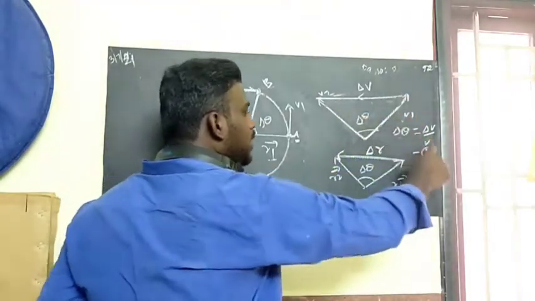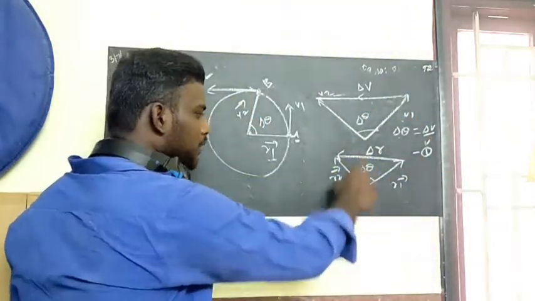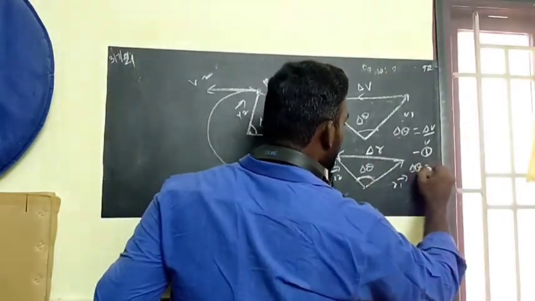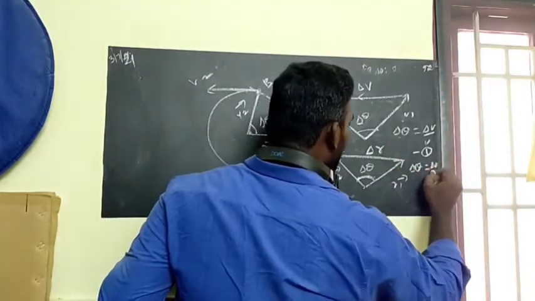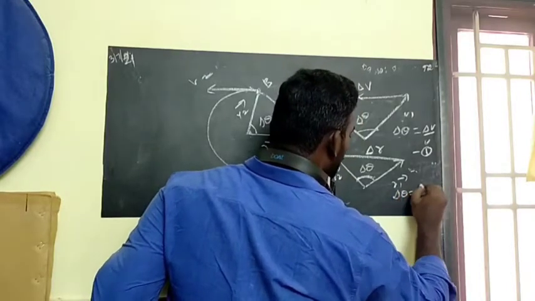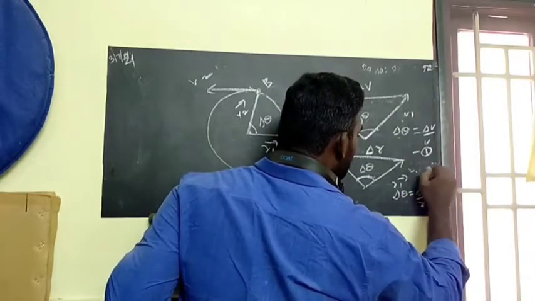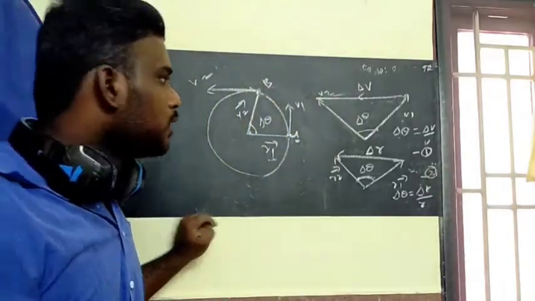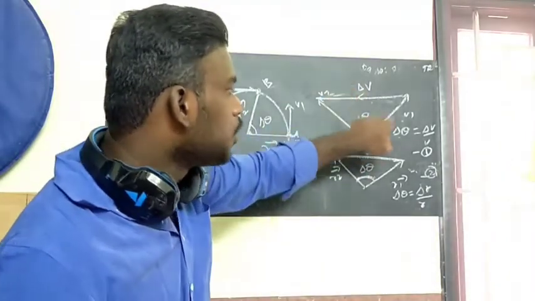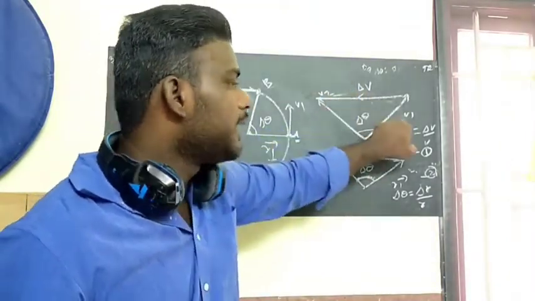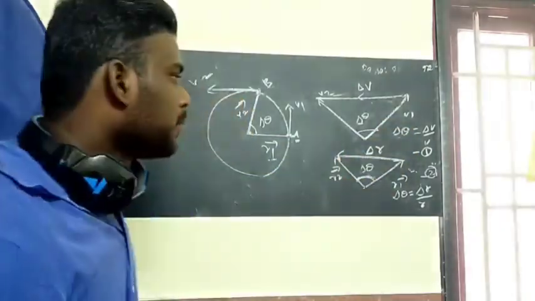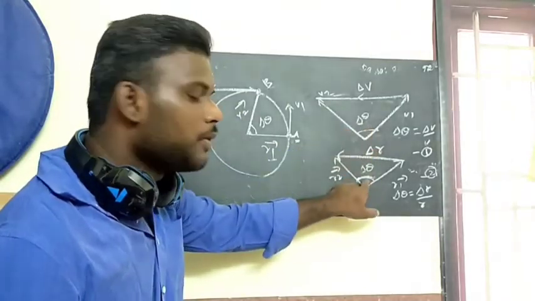Is that clear? So here the radius I can choose as the velocity. Likewise, for this figure, the plane angle is given by arc length to the radius. The arc length is del R and I can put the radius as R. Here I can write del theta equals del R by R. This is equation number 2. So I used the plane angle concept: plane angle is arc length to the radius. For the first triangle the arc length is del V and the radius is V. For this triangle, the arc length is del R and the radius is R. You can see here also we have del theta.